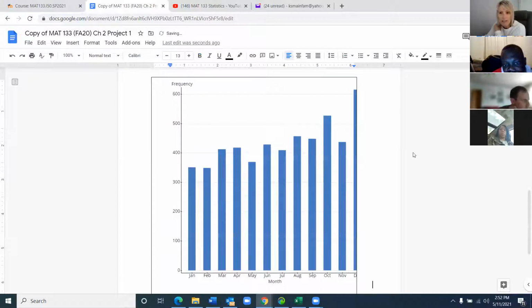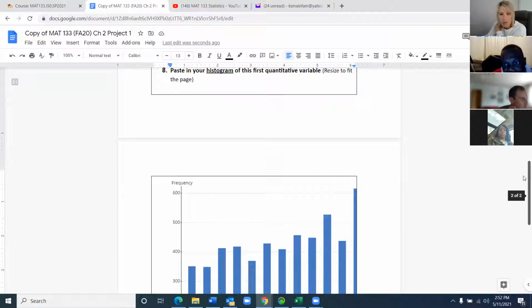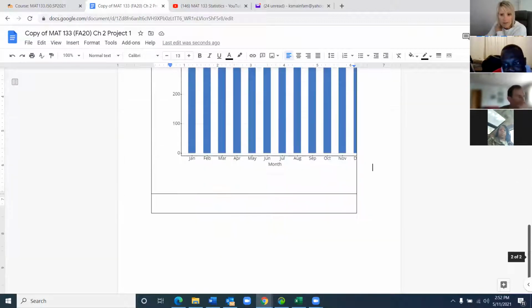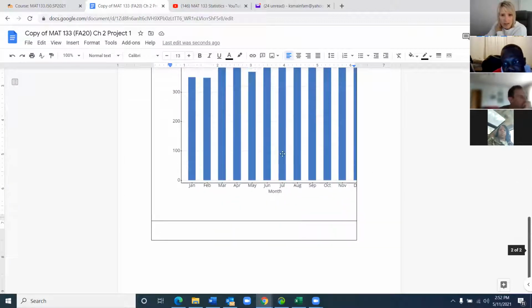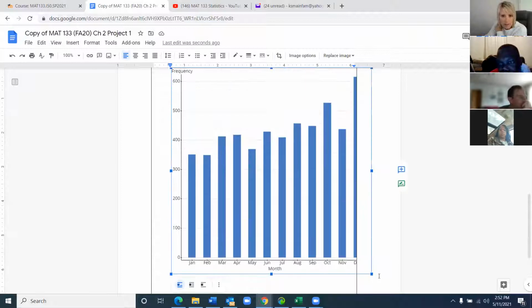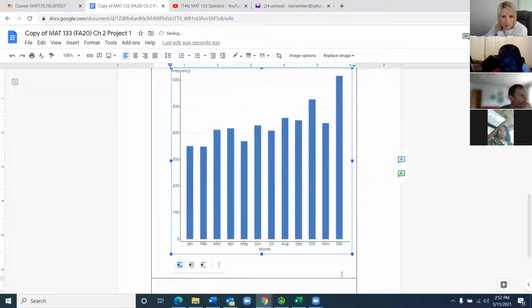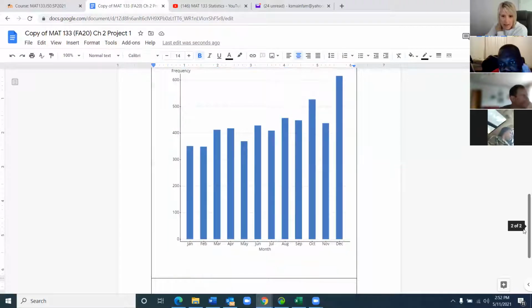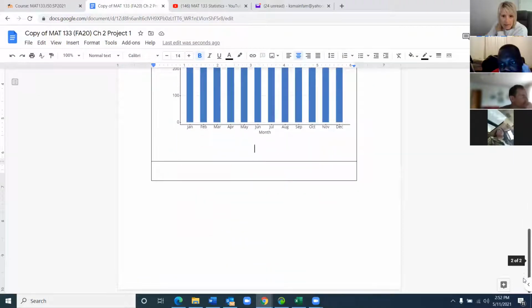You can also right click and choose paste. And then it pastes the graph right into your Google Doc. It's super awesome. And you can shrink it down so it fits inside the Google Doc better by grabbing the corner, and there it is. And then it asked me to find a second